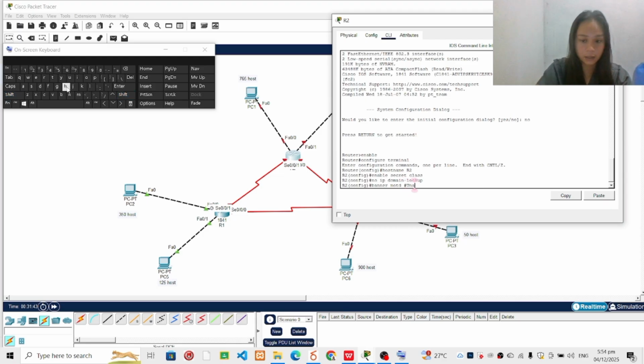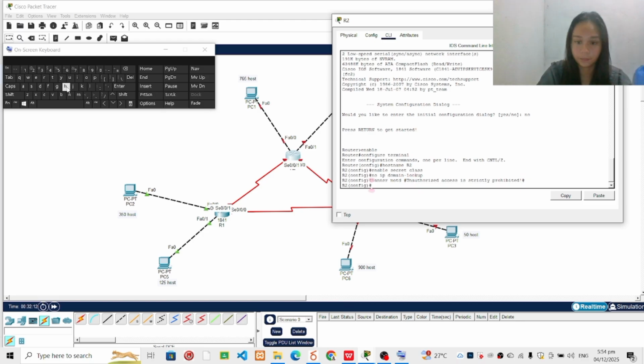Sign, then unauthorized. Unauthorized access is strictly prohibited. Then line console